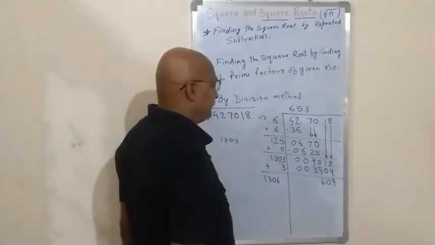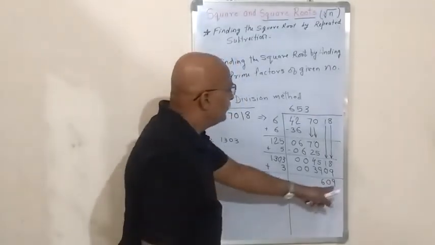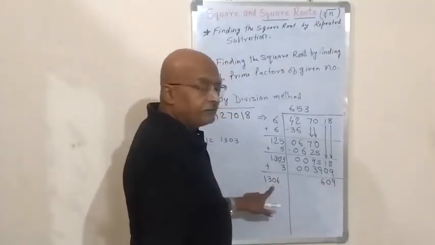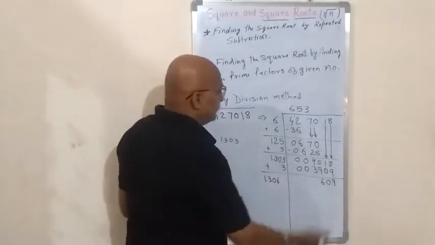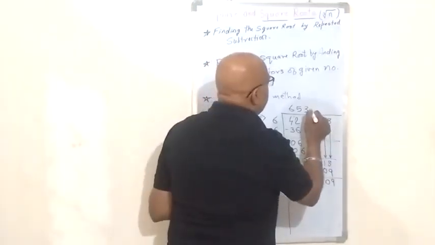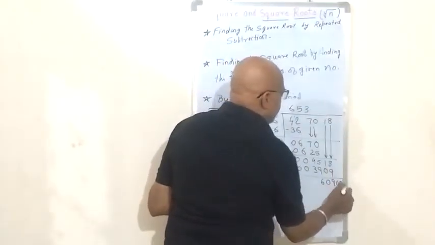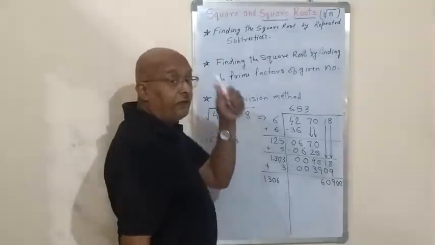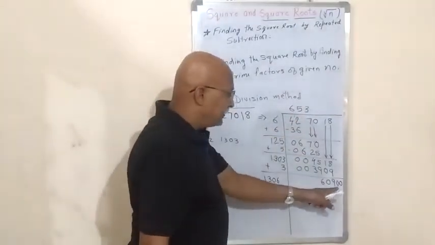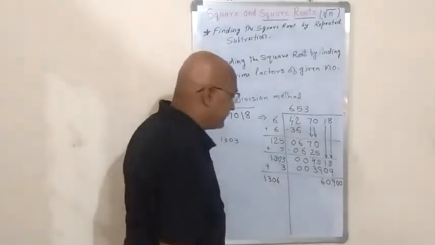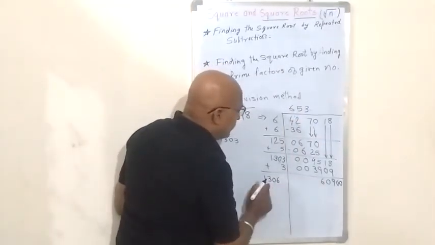Now see here. Can you get a lower number from this? It is impossible. So we have to take a decimal here. So when we take the decimal, we get 2 zeros here. In normal division, we put 1 zero. But here we have to take a pair of zeros. So here again 13 table.